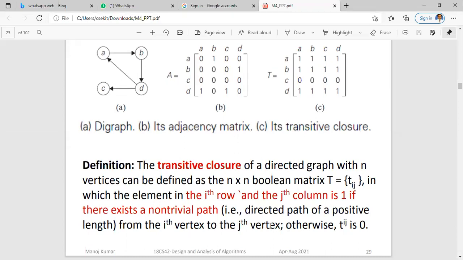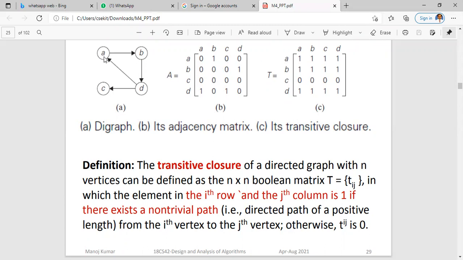So if there is a path from I to J, so A to B, you are having a path. Keep in your mind, from A there is a path to D. From A there is a path to B. So make the entire thing as 1. Understand? There should be a directed path of positive length. Where the path is there, A to B path is there, B to D path is there, C no paths, D two paths are there. So if there is only one positive path, then mark the closure as completely 1. So a directed path of positive length from I to J.